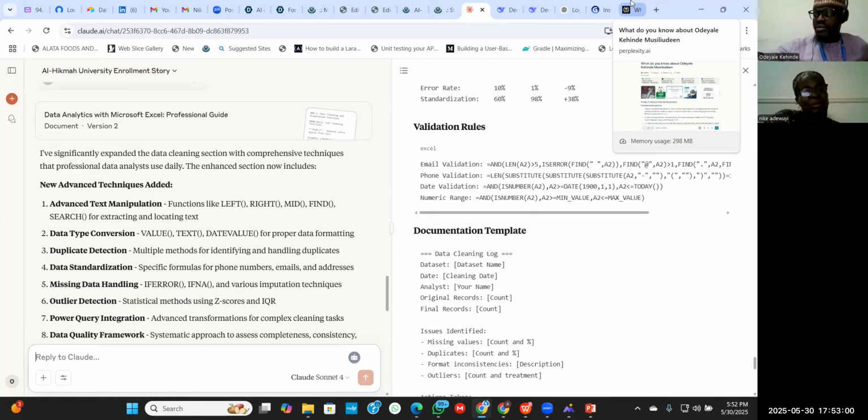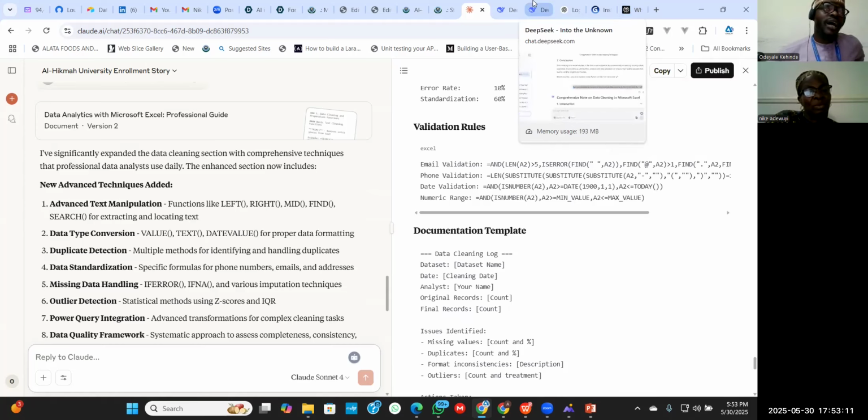Yeah. So we also have some other AI tools in research work. So maybe you want it to generate a review, maybe to review research papers.